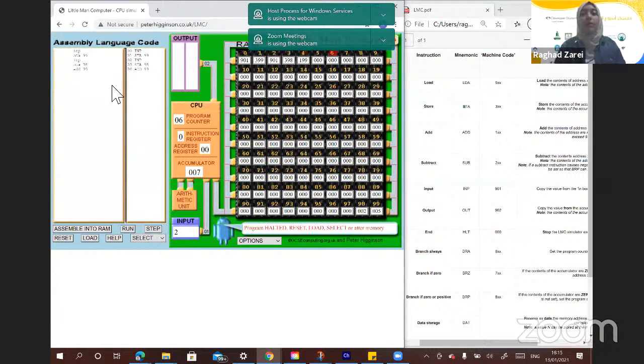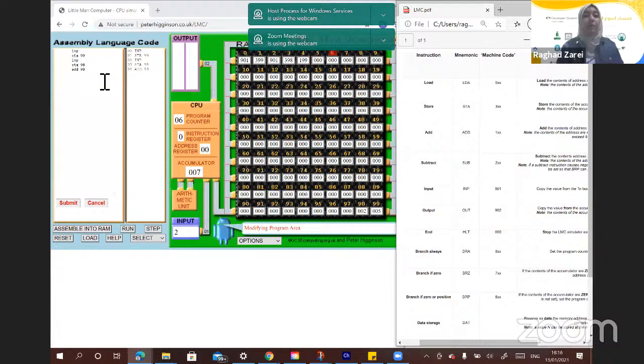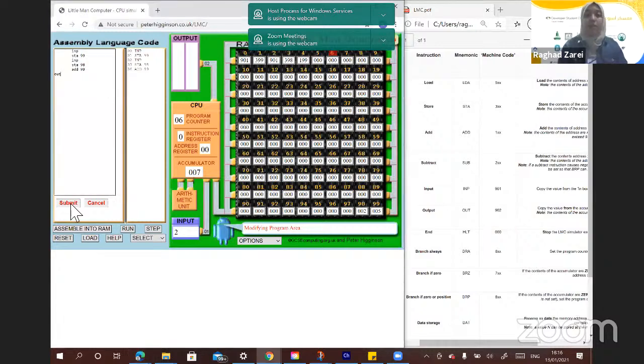All right, later on, we wanted to add those two numbers. We wanted to add the number we had last, which is 2, the one we stored in the location 98, with the first number, which is 99. That's why we add 99. Notice that the accumulator shows the added number, and that's exactly what we wanted. But we did not ask the machine to output this number. So you're going to have to add an output instruction. Go back to the instruction manual. You're going to find that there is an output over there. Make sure to add it, and then it's going to be outputted in the output section.